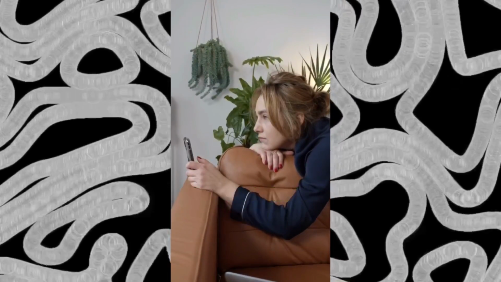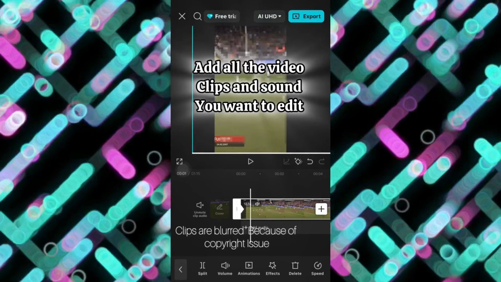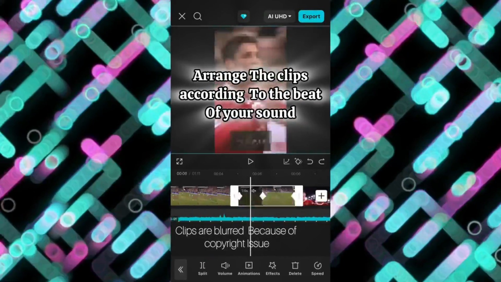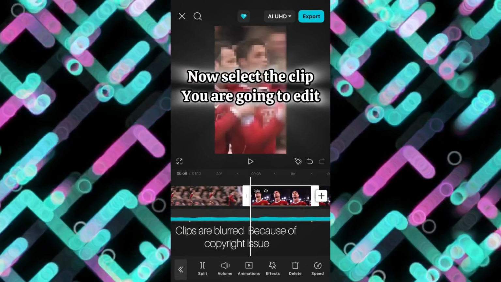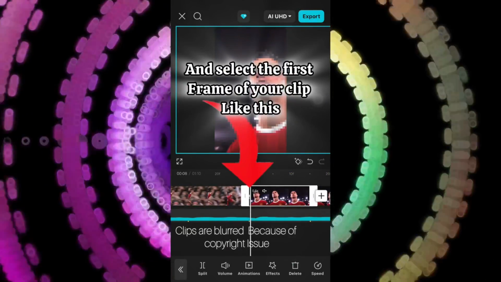Alright, no time to waste. Let's dive right in. Add all the video clips and sound you want to edit. Arrange the clips according to the beat of your sound. Now select the clip you are going to edit, and select the first frame of your clip, like this, and